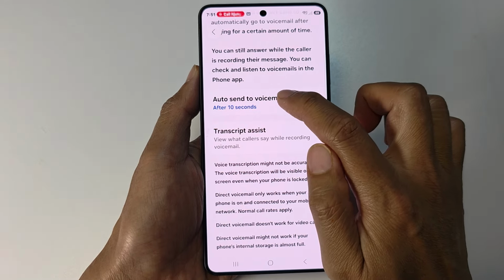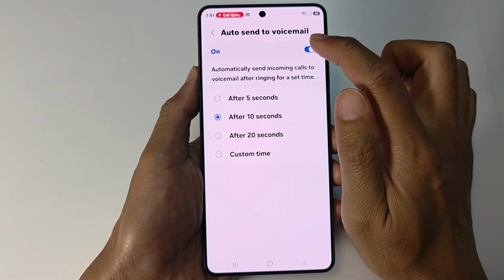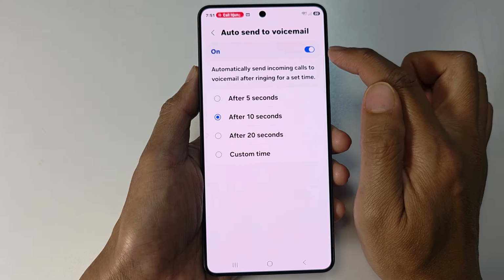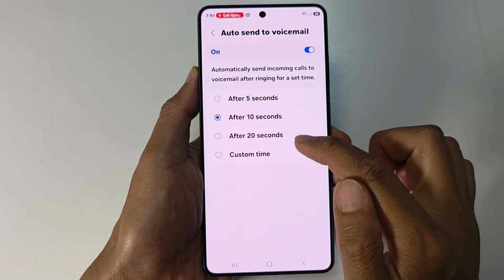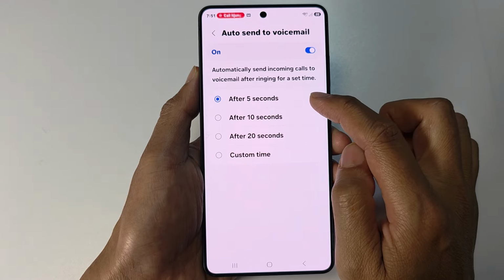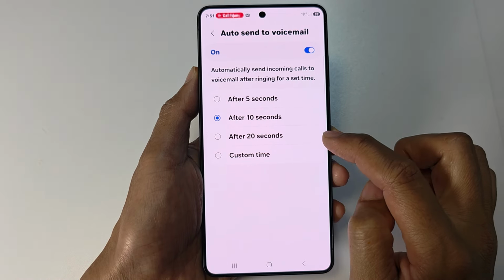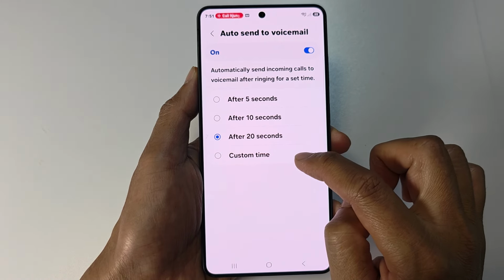Tap on the left-hand side panel here. Now make sure you tap on the toggle button to enable this feature. Then we go down and we can set it after 5 seconds, after 10 seconds, after 20 seconds, or a custom